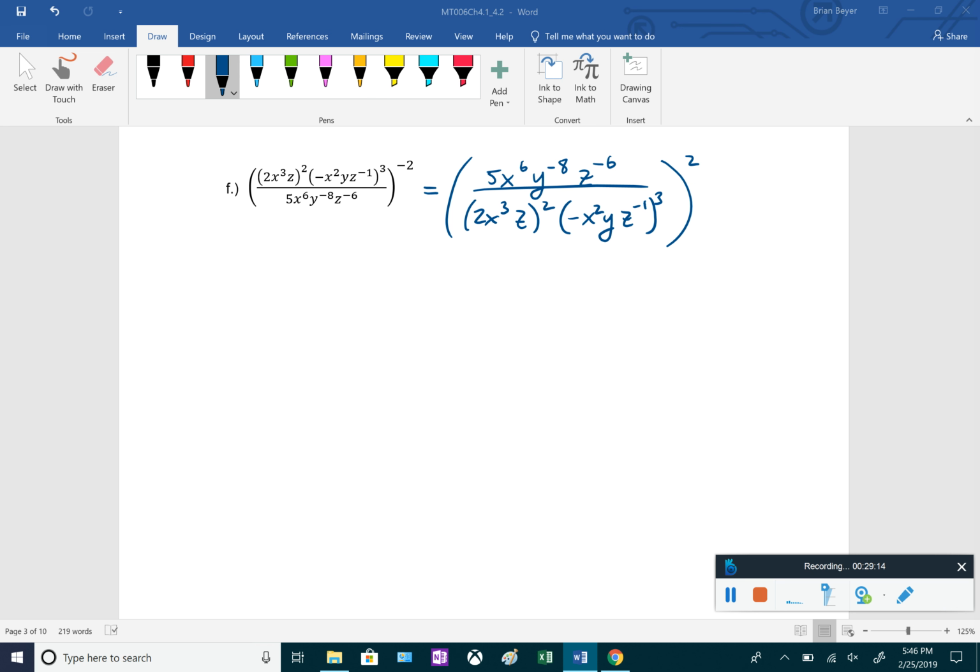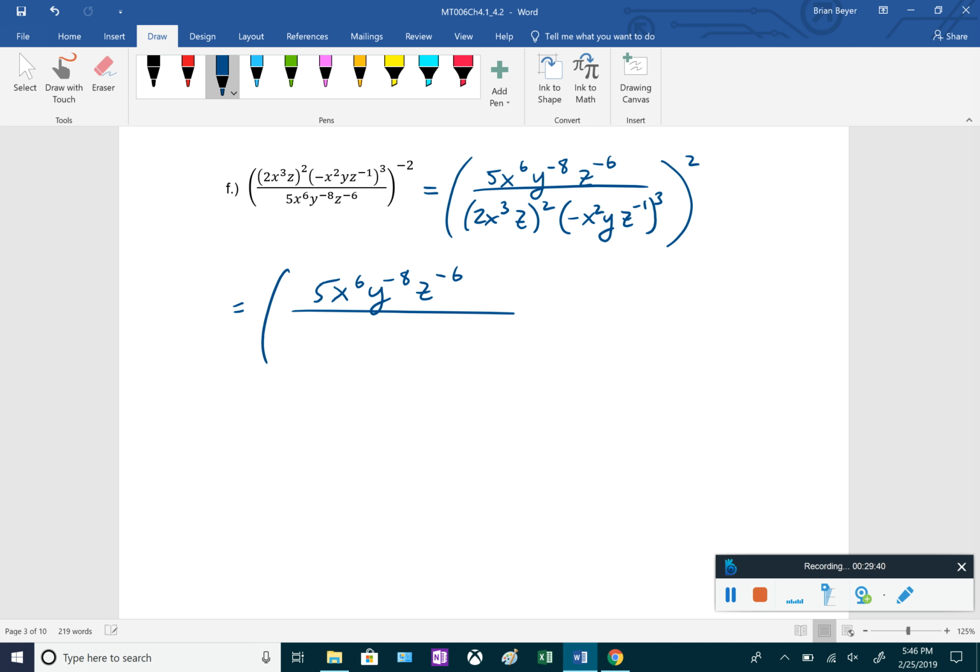And then hopefully by now you know why I did that. I did it because now all of that is raised to the positive exponent. Just makes it easier to work with. There's always going to be multiple ways to do these problems. I just personally think that's the easiest first step here. Okay, for this numerator, it's already simplified, so I'm going to leave it as is. For the denominator,